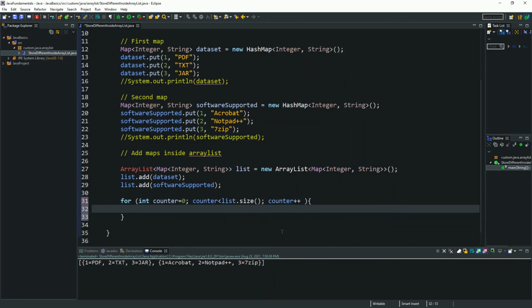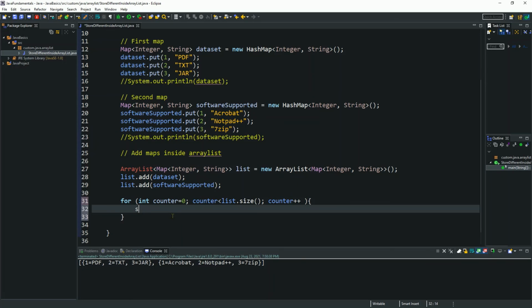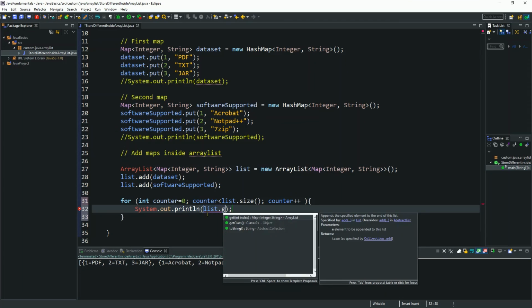Okay, so this for loop is also ready. Now I am just printing out these two entries: System.out.println, then list.get, then counter.